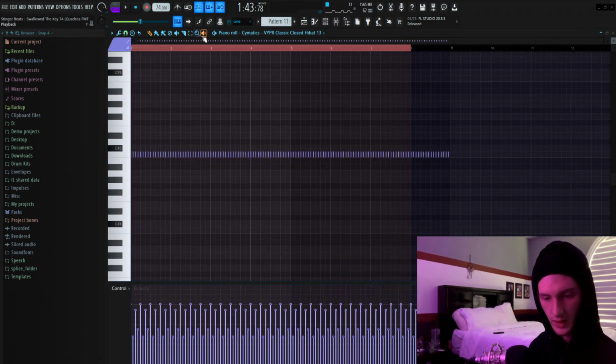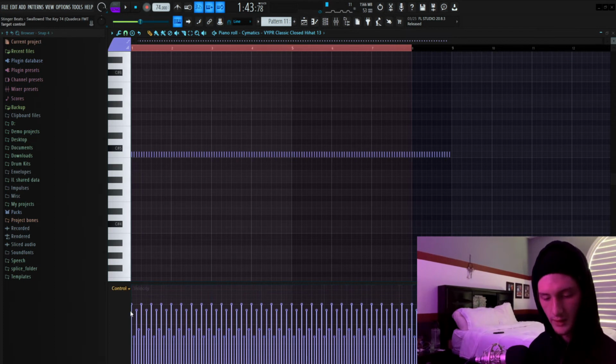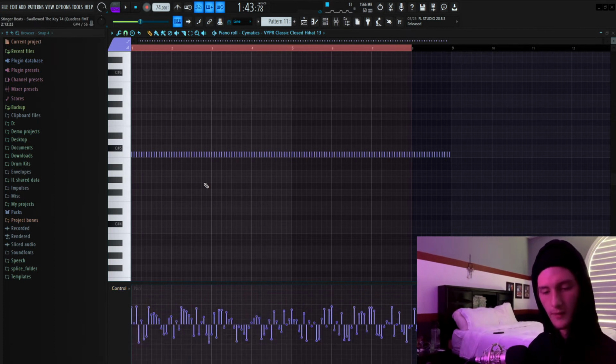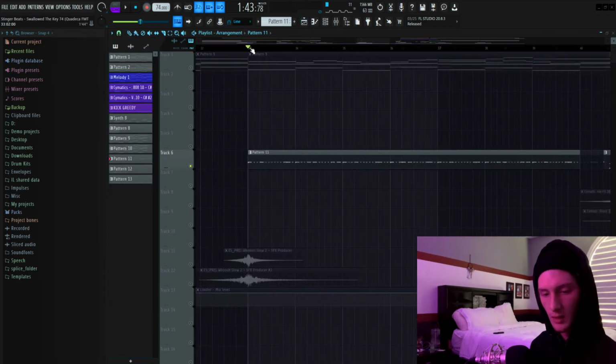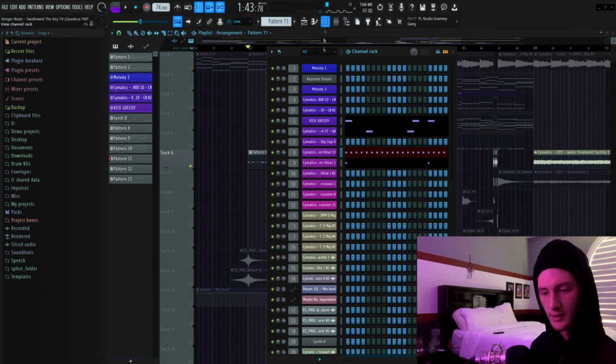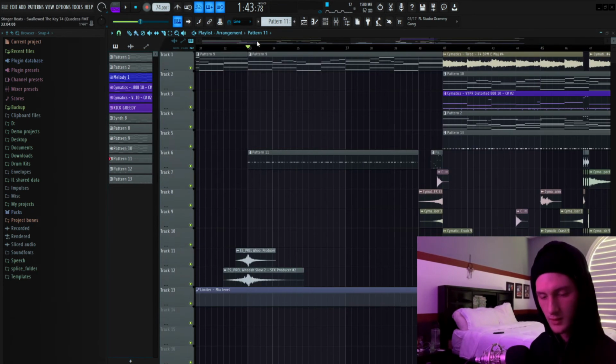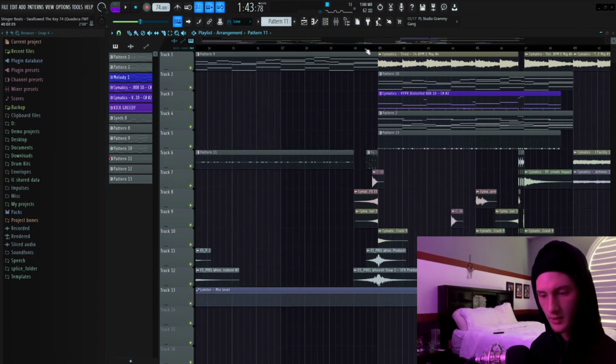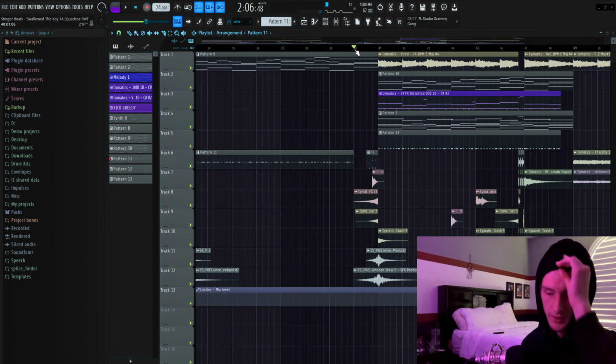So I varied the velocity just to make them more humanized, and then I also varied the pan, so it bounces left and right and plays with your ears. I wanted to do that a lot on this track because there's a lot of ear candy in From Me to You tracks. So that goes for about 7 bars, and then the transition into the second